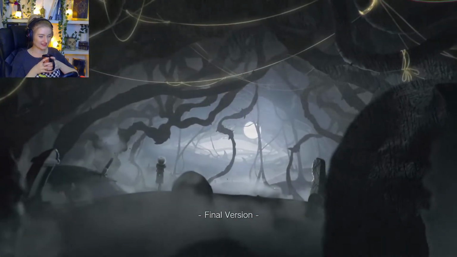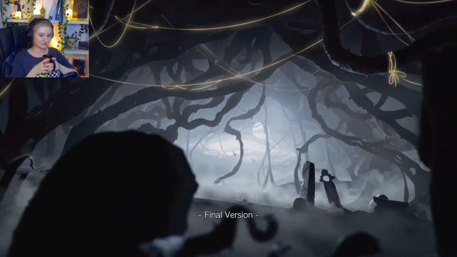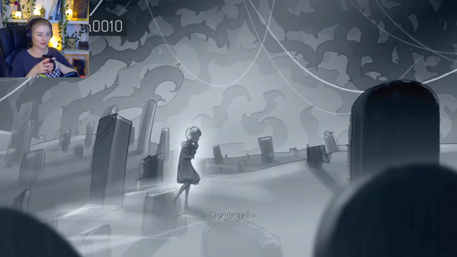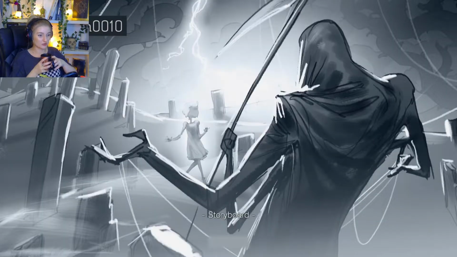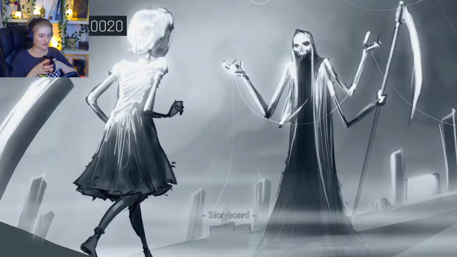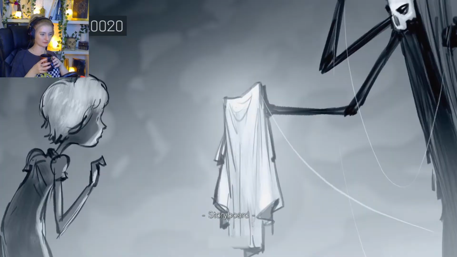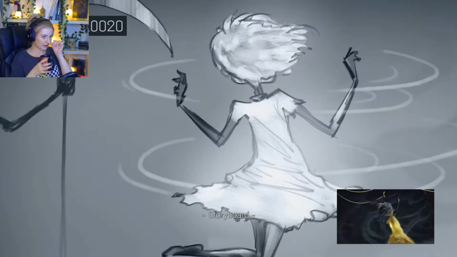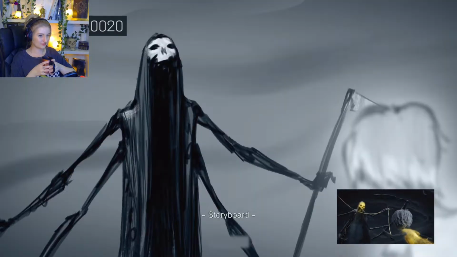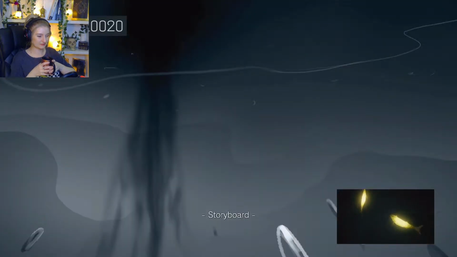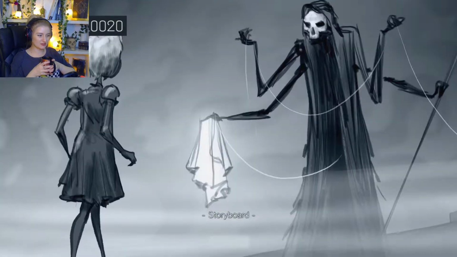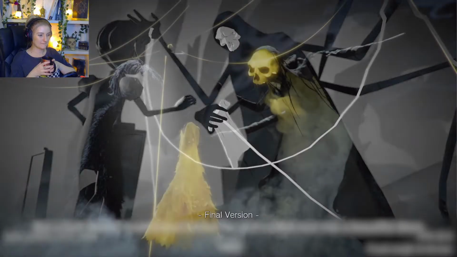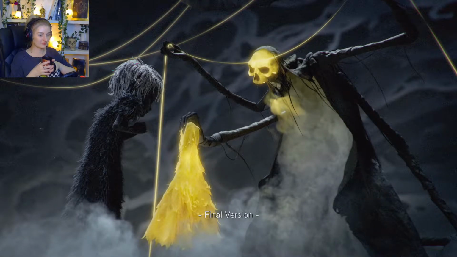Oh, wow. Okay. The backdrops are really beautiful, aren't they? I didn't even realize that she was walking through a graveyard. So the Dark Weaver, here we go, made her some new clothes. A dress. Awesome. Are you guys fans of Neil Gaiman? It kind of makes me think of his work a bit. Oh, so cool.